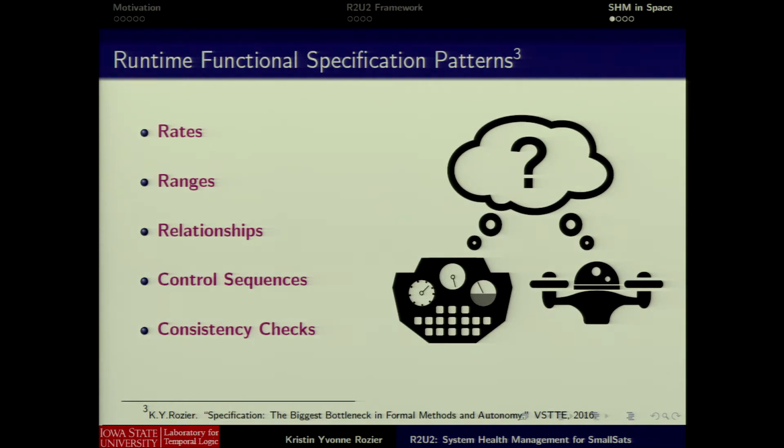Finally, we look at consistency checks. And we heard a reminder in the keynote yesterday of how important it is to, for example, separate your main control software from your enabling autonomy software. But then it's also very important to have a consistency check running so that these two things always agree on the state of your overall system, right?